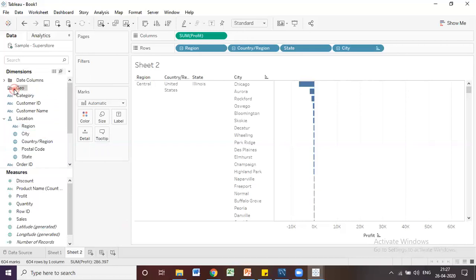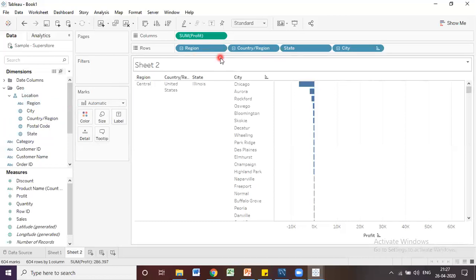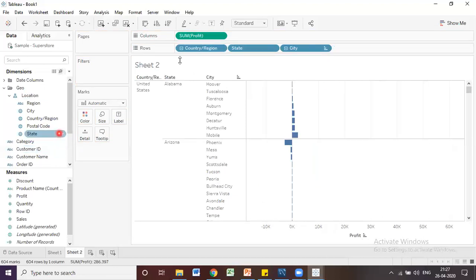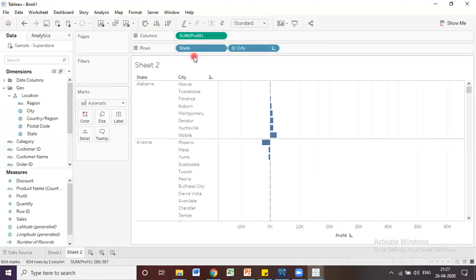Now you can see here we have a hierarchy, right? This folder is empty now, because we are using the same columns in a hierarchy level. So you can create another folder in which you keep all these hierarchies. Now see, all these hierarchies went to this folder. Okay, now it is not in a proper order, right? If you want to arrange it in a proper order, otherwise what will happen is, let me remove these fields.